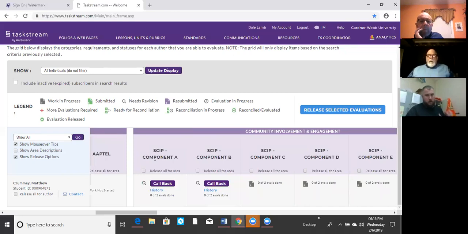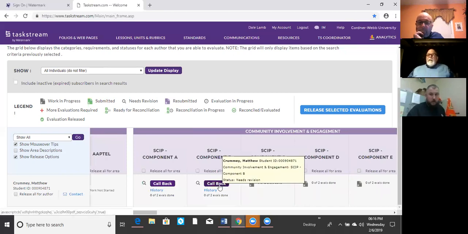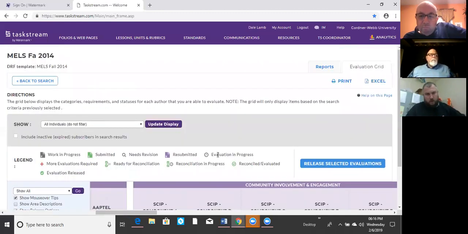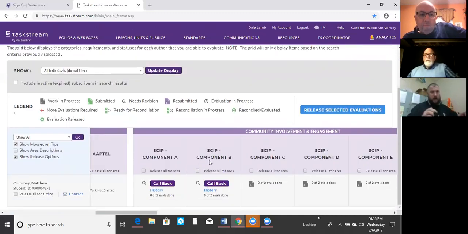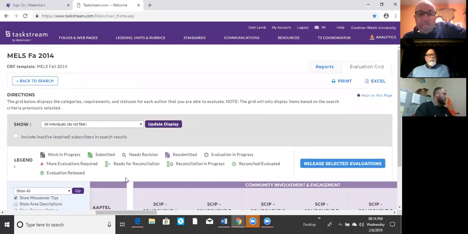What I want you to do is, do you still have access to this TaskStream DRF that says fall 14? Can I log into it? I don't see it in my DRF. Can you log in? I haven't tried in a long time, but I've got both computers going here. Let me try. I had this one reactivated.